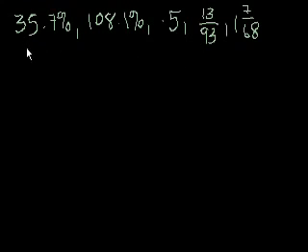So let's start with this 35.7%. Let's turn this into a decimal. Well, the easiest thing to remember is if you have a percent, you just get rid of the percent sign and put it over 100. So 35.7% is the same thing as 35.7 over 100. Like 5%, that's the same thing as 5 over 100. Or 50% is just the same thing as 50 over 100. So 35.7 over 100, well, that just equals